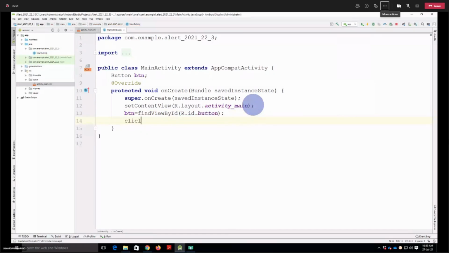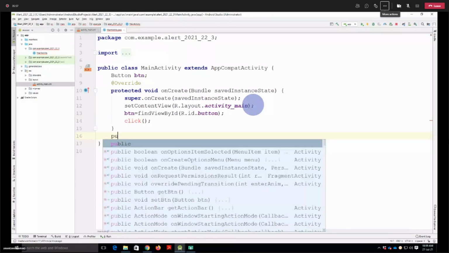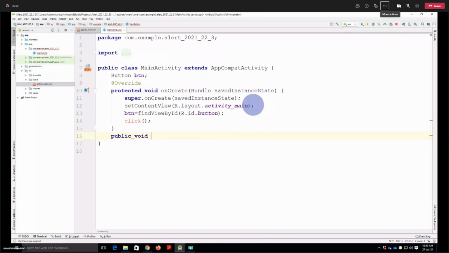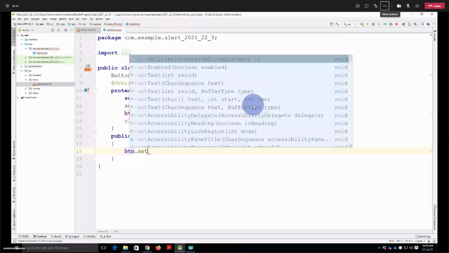Creating the method. Defining that method. As we want the alert dialog box on click of button, we need to provide button click listener, set on click listener.